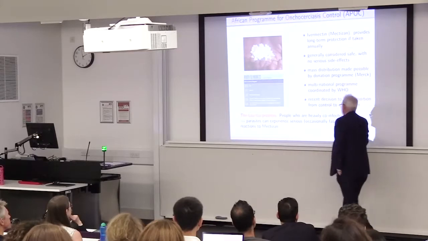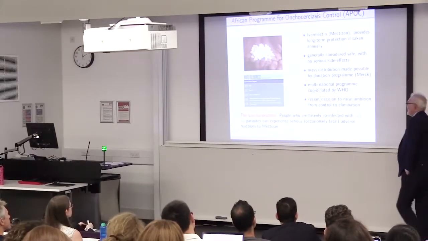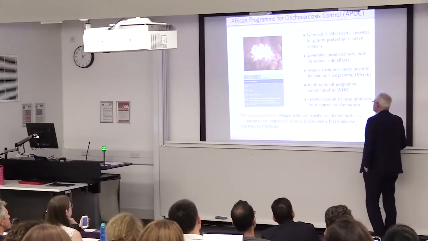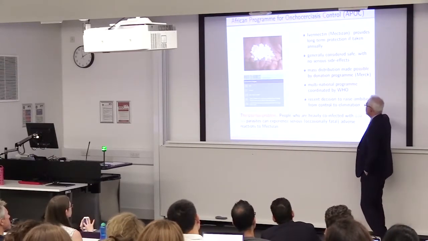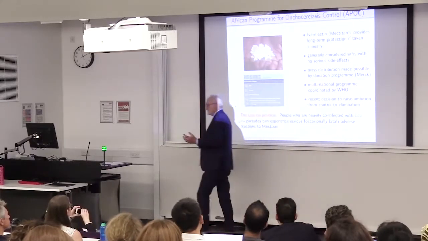And by looking at the unfortunates who died post-mortem, and taking more blood samples and so on, it was found that the people who were having these serious adverse reactions were people who not only were at risk of river blindness, but they were heavily infected with a second parasite which causes a less serious disease called loiasis,